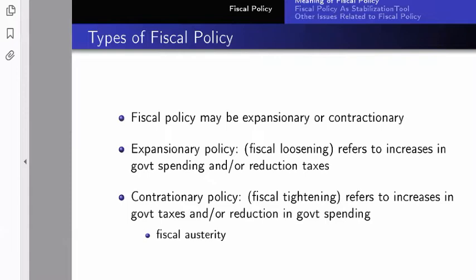So when the economy is getting overheated, what you do is you reduce government spending and increase taxes just to tame the overheating, so that it becomes a little cold. There are two terms you should be very comfortable explaining. One is fiscal loosening, and the other one is fiscal tightening. Fiscal loosening is the same as expansionary fiscal policy, and fiscal tightening is the same as contractionary fiscal policy. Is it clear? You can type your responses and let me know whether it's clear.